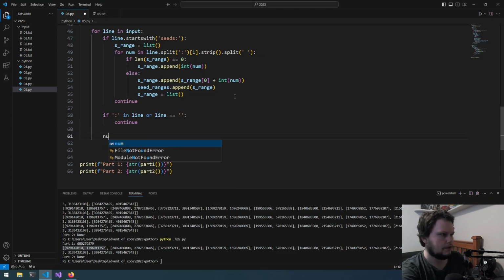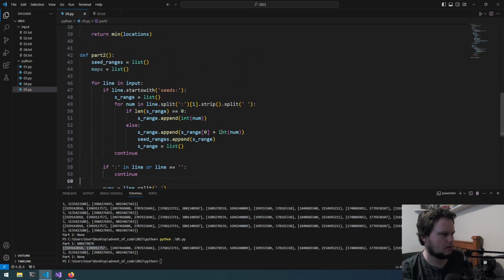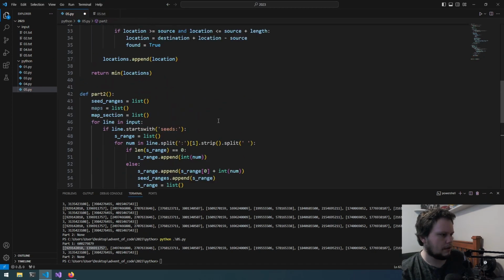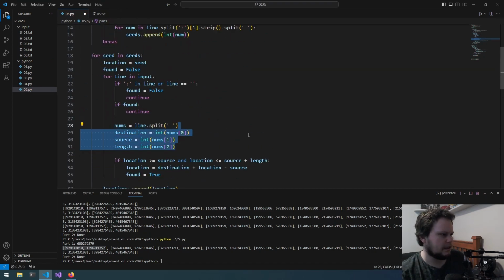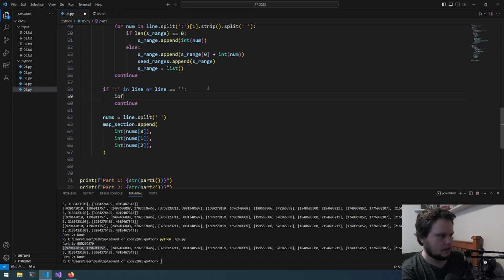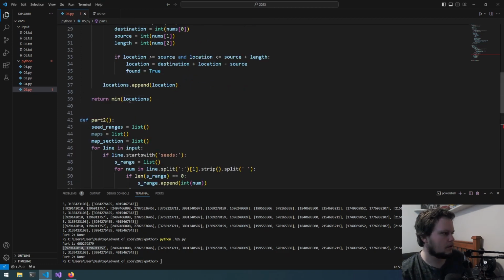Otherwise, we'll do nums equals line dot split, and so maps, we'll do map section equals list, and map section dot append, and this will just be basically these numbers again. So map section, and then when we get to here, if length map section greater than 0, we then do